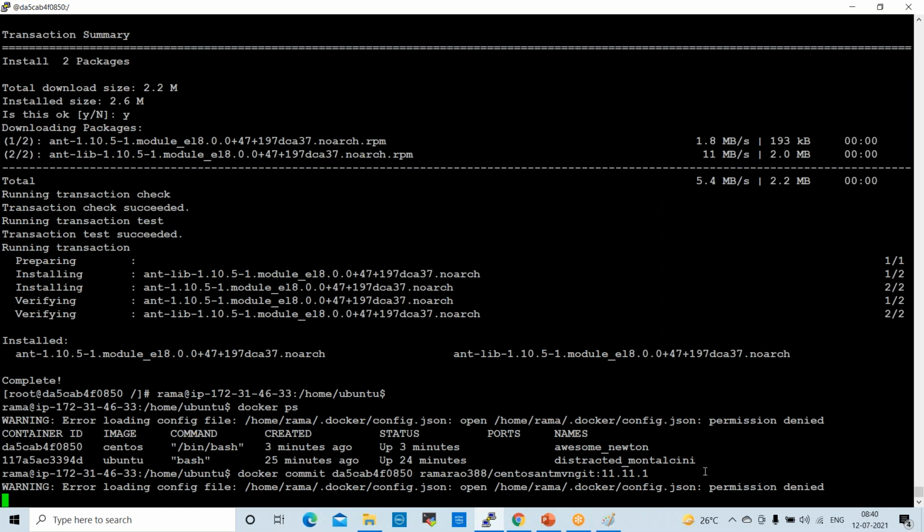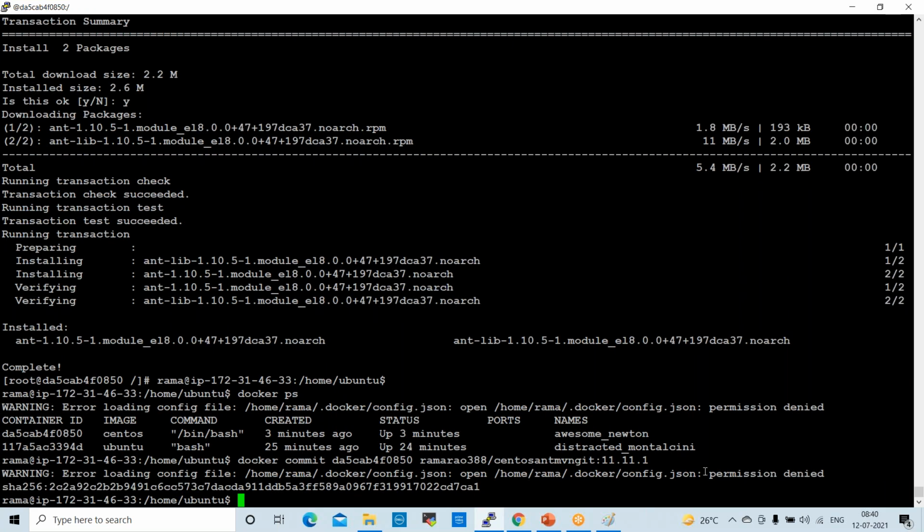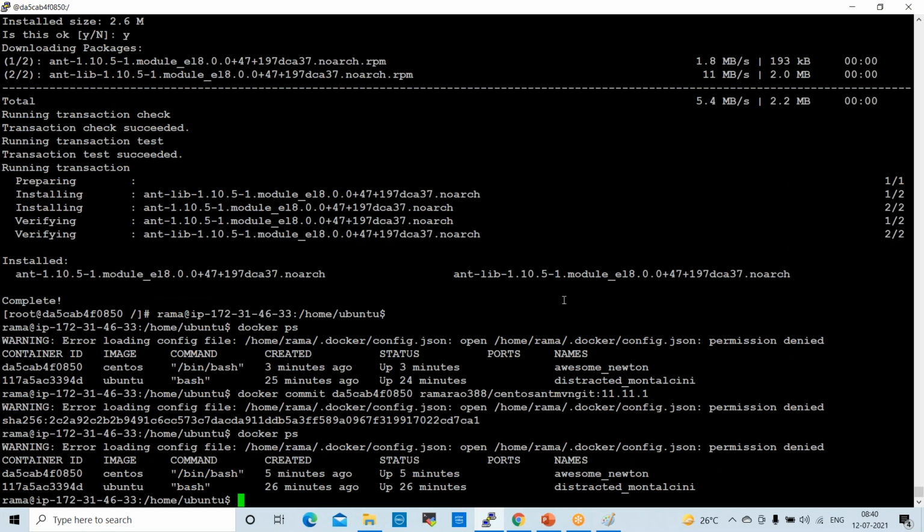Now I am converting it into an image. A SHA code is generated, so it is converted into an image. Now check docker images.